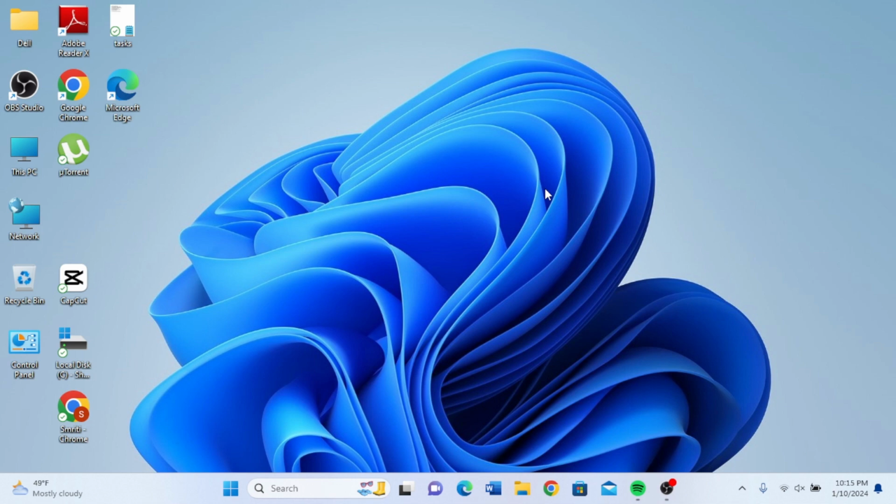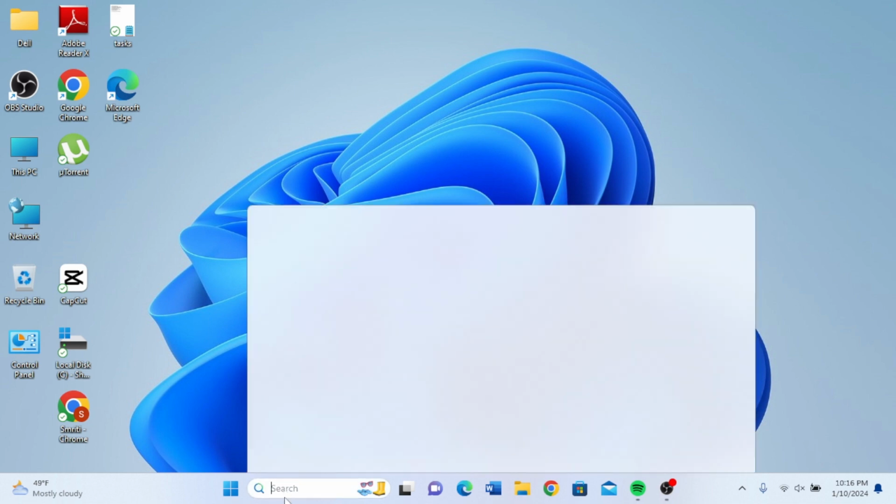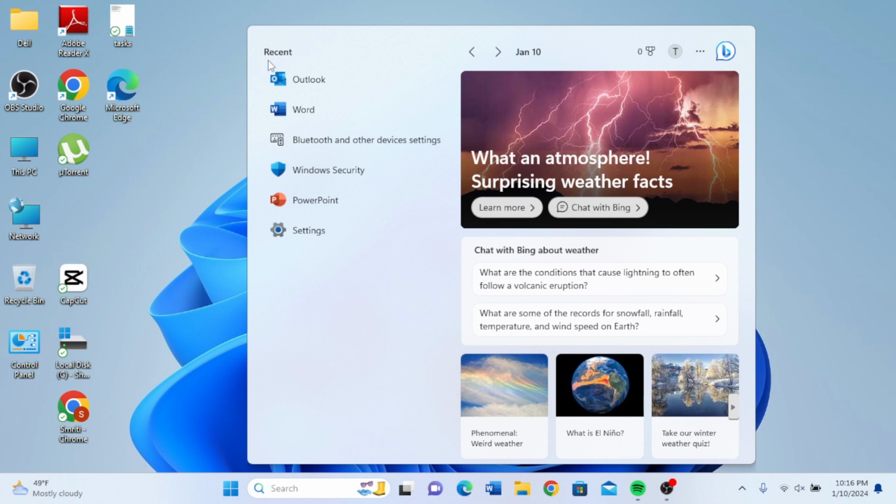Hello guys, in today's video I'm going to show you how to enable dark mode in Microsoft Outlook on your PC. Follow the steps. First, open your Microsoft Outlook on your PC